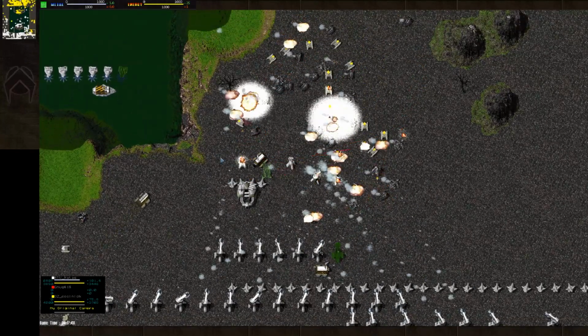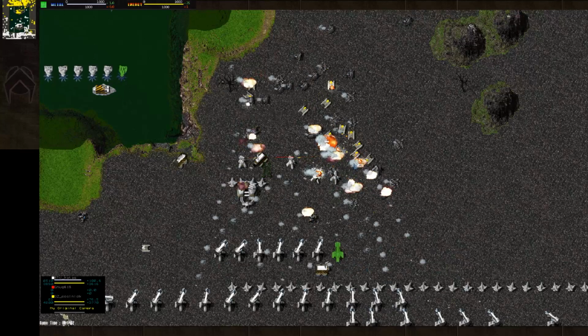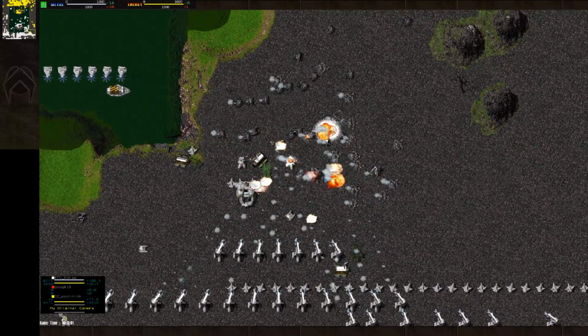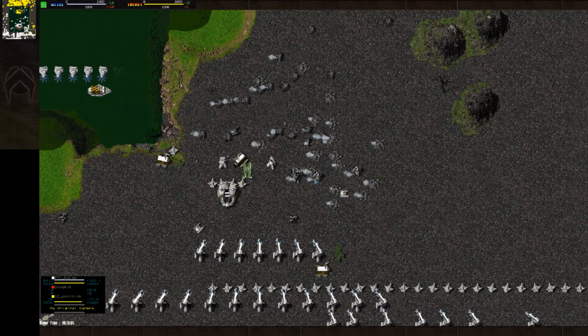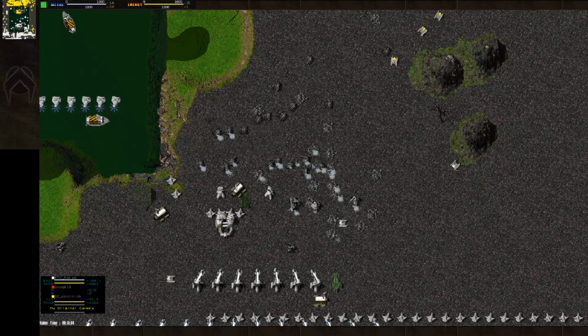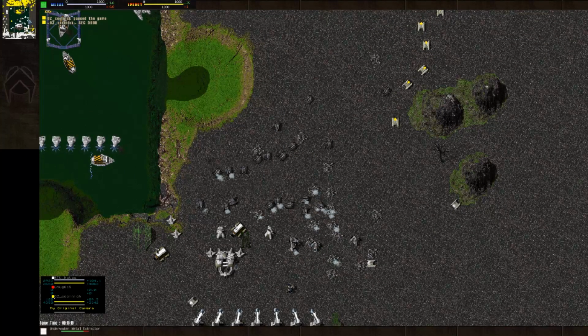Heavy laser tower, 3 light laser towers, and all those flashes with the missile towers behind. This defense will easily hold. The heavy laser tower is lost. 2 light laser towers and a heavy laser tower lost for all those flashes. Definitely worth it